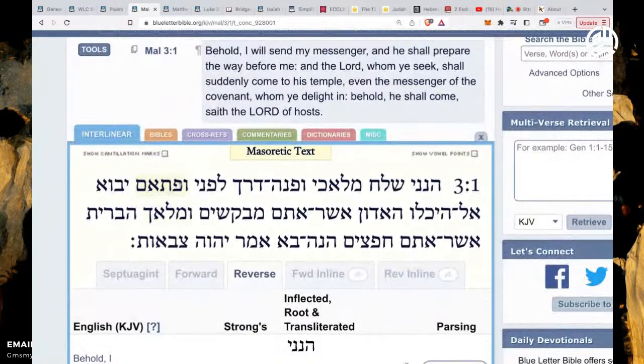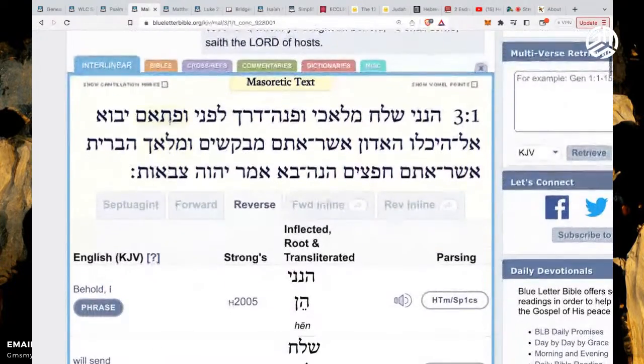Let's say you want to get the definition of this word here, wa patha'am. If you click on this word, it's going to show you the root word of this, because this is a compound word. You want to make sure that you understand the root word, and then from there you'll be able to unlock